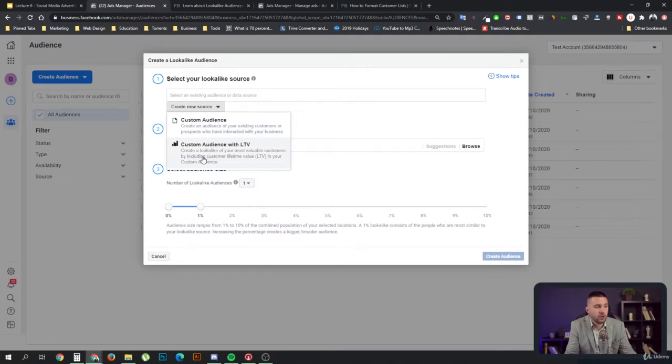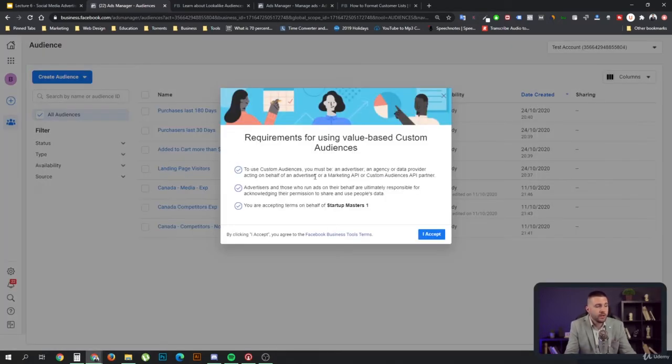And there's also the option of creating a custom audience with lifetime value. This is what we discussed when we were talking about creating a lookalike audience of your most valuable customers by including your customer lifetime value in your custom audience. To do that, first of all, you do need to have a Business Manager. You can't do it if you just have an ad account. If you're not using Facebook Business Manager, this is one of the things that you can't really do, because you need to accept the terms on behalf of a certain business, which in this case is our Business Manager